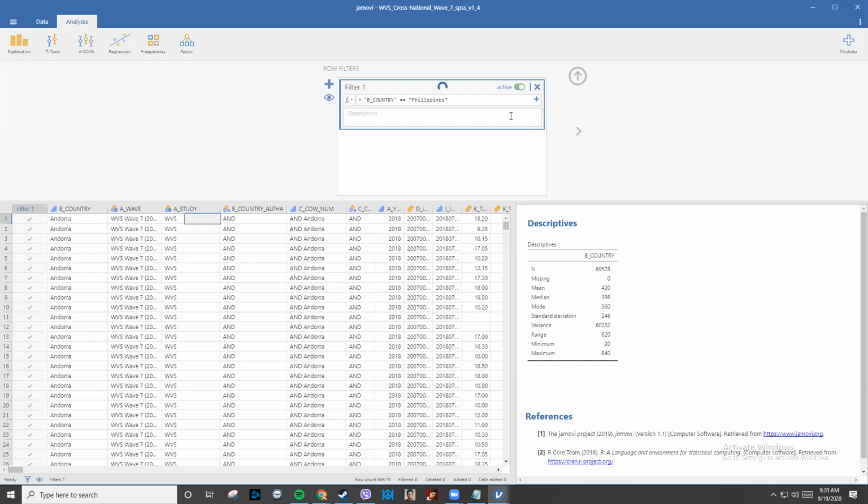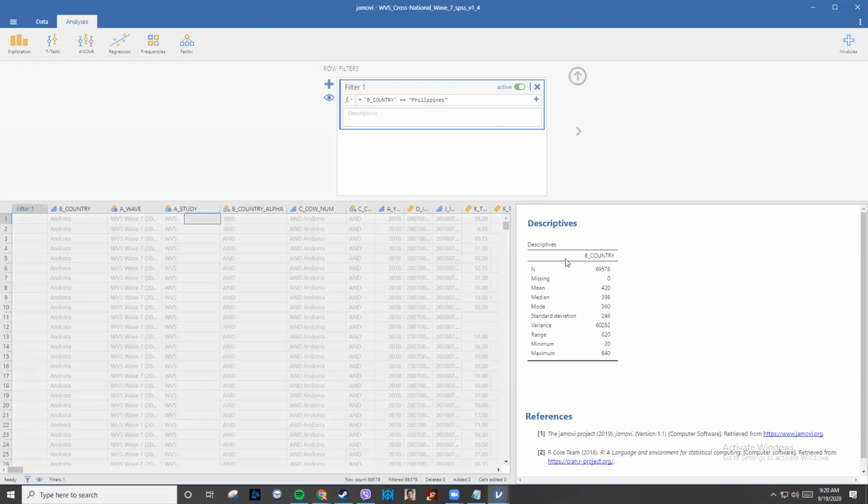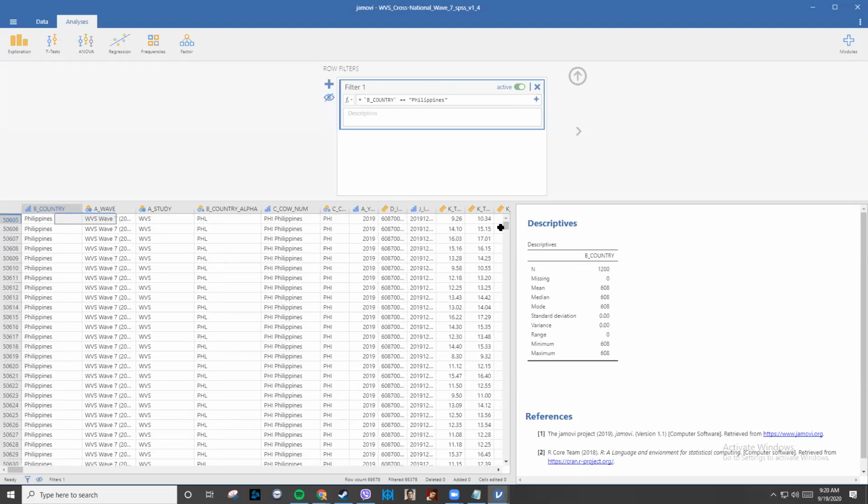Then press enter, wait for it to load. Then once it loads, you'll notice that it cut out all the other countries and we only have the Philippine data left. We can also press the I button here just so that we can see only Philippines.